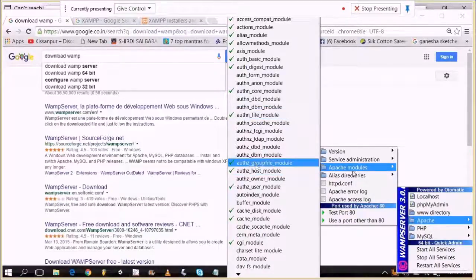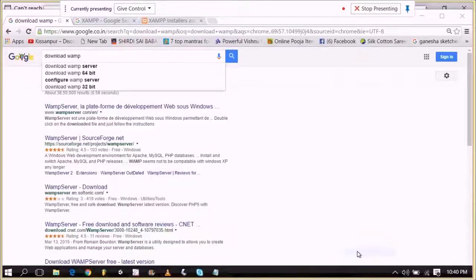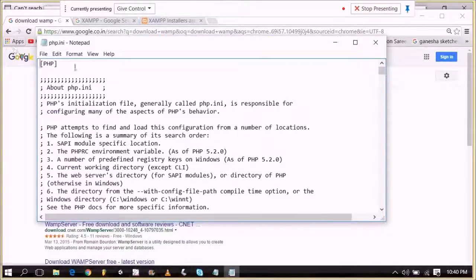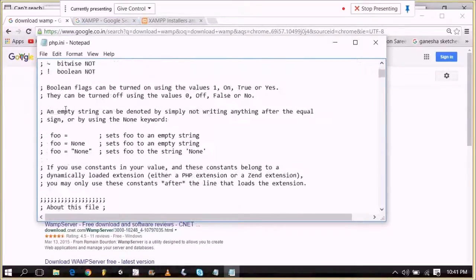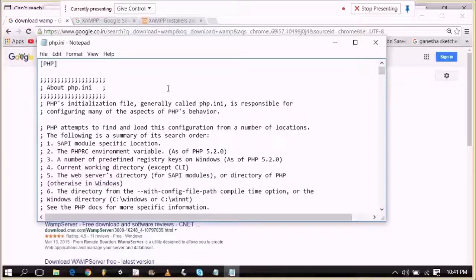Right, the greens mean these are the modules that are enabled for this one. At the same time you can see the few things in PHP. All the configurations can be done in php.ini. On top you can see that in brackets it is called a paragraph. Inside that paragraph, whatever configurations you do will apply to the PHP, such as, suppose I